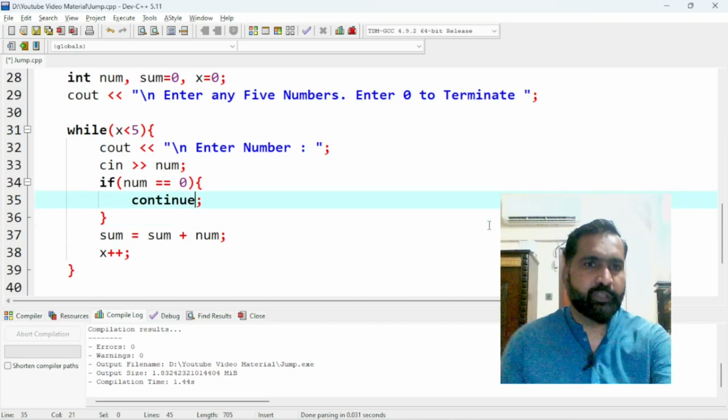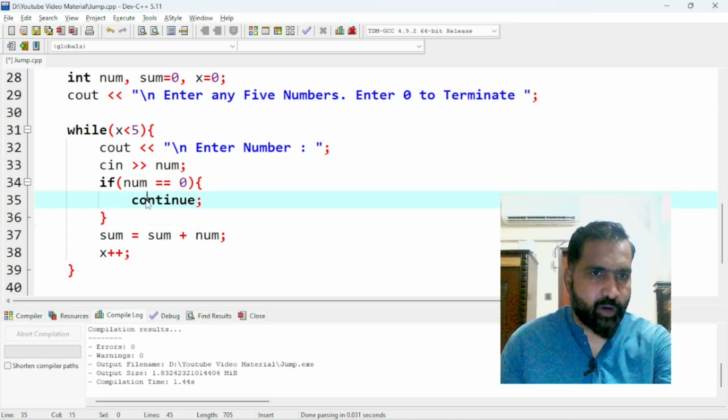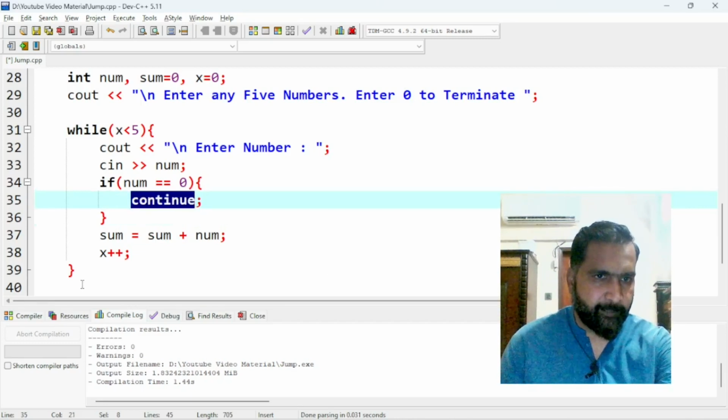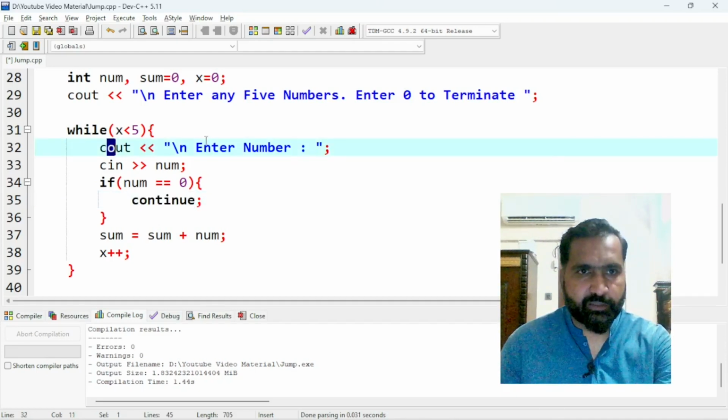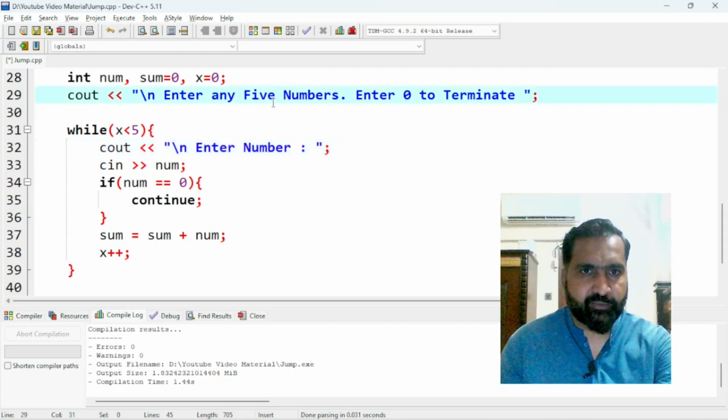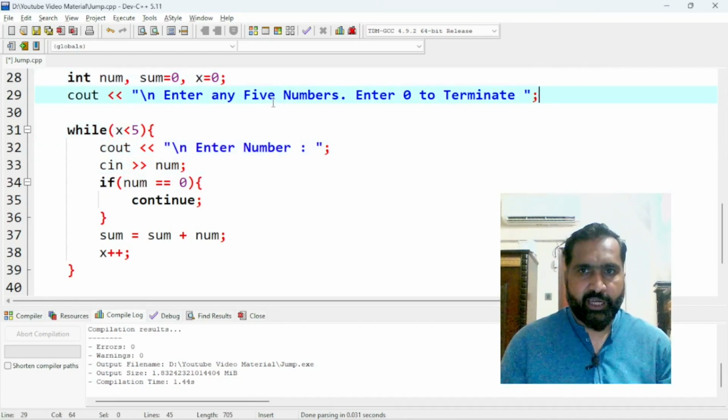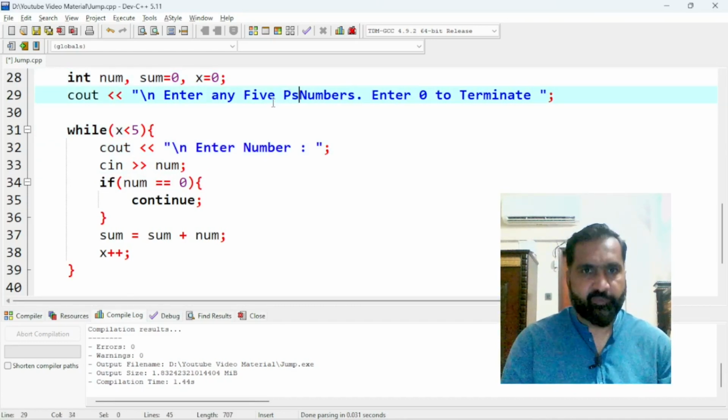what it will do, break will take us out of this loop from here to here, but continue will take us from here to back here, the while. Means this line will be executed again. Okay, so it will work, but for example, if I want to get 5 numbers, 5 positive numbers,